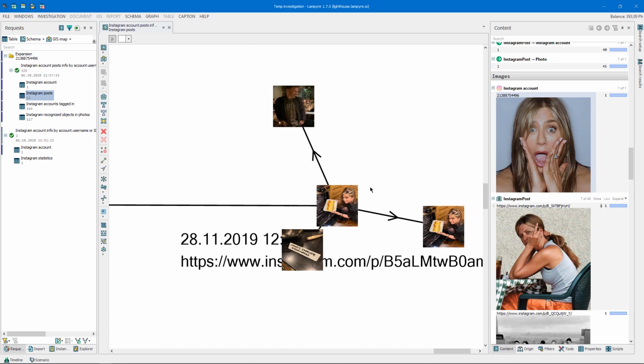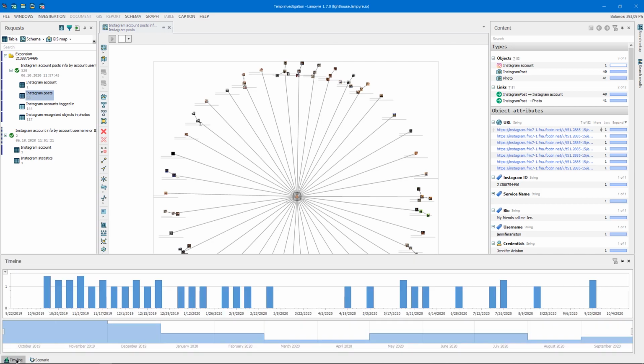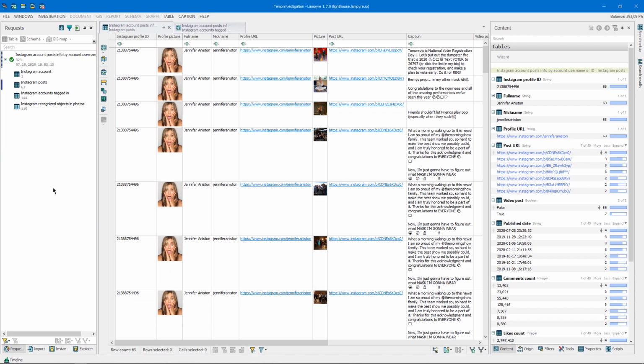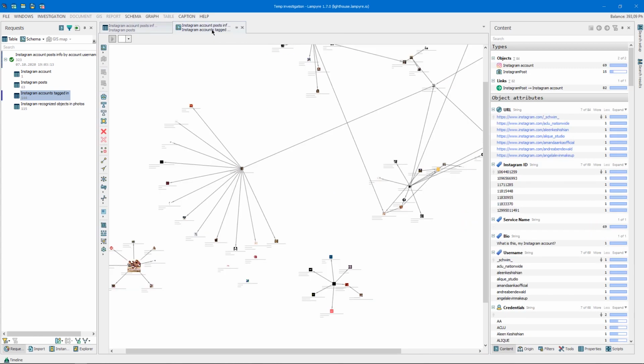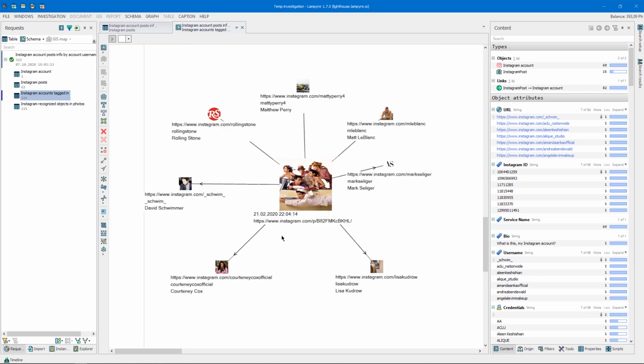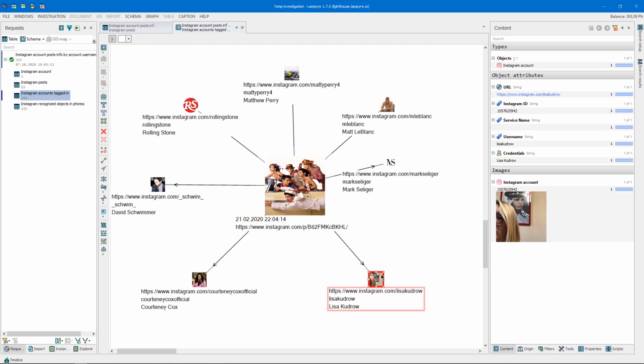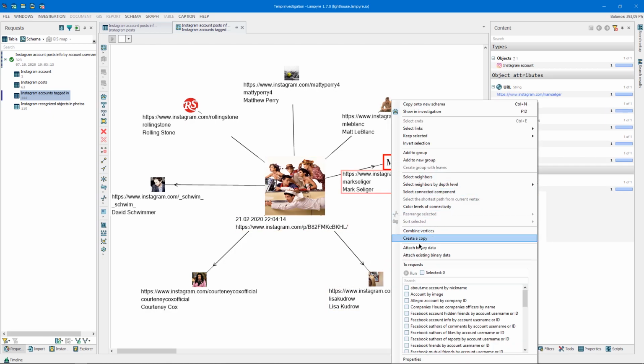If you open the timeline window, you can easily find the first and the last posts and look into their contents. You can also check out the posts of some specific period of time and see how often the person posts. It's also very useful to visualize tagged accounts in a graph. As you see in this particular post, Jen tagged her friends' friends, and we can proceed from here and analyze their profiles as well. Right from the graph, you can easily launch new searches for these tagged accounts and enrich your data.